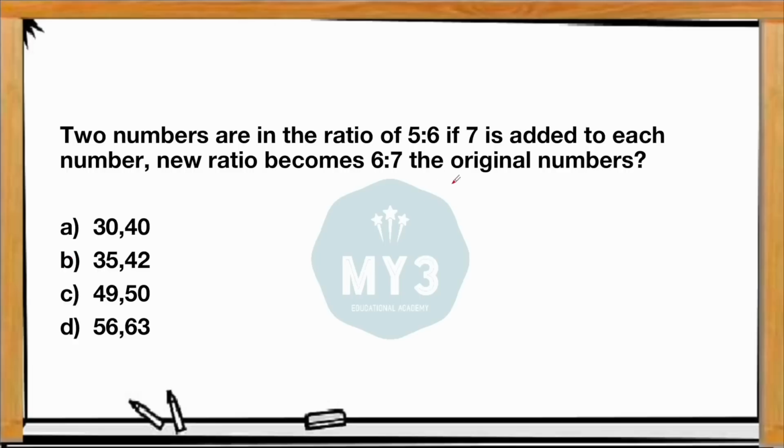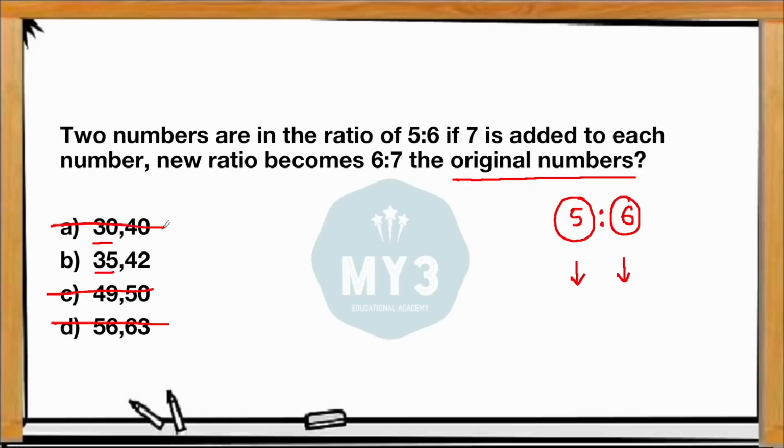What is the common sense approach? Here they are asking the original numbers and you have the option choices here. What is the original numbers' ratio? They clearly mention that original numbers are in the ratio of 5 is to 6. That means the first number must be a 5 multiplier. Look at the options which are in the 5 table, keep those options, and 49 and 56 are not coming in the 5 table, definitely those two are not the answers. And the second number must be a 6 multiplier. 40 never comes in the 6 table, eliminate this option, the leftover is your answer. Like that also we can solve.